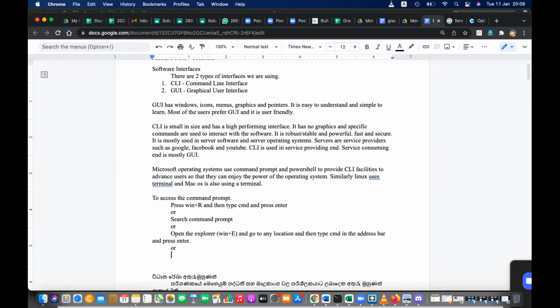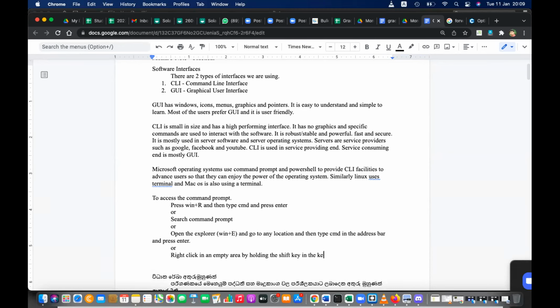Or right click in an empty area by holding the shift key on the keyboard.